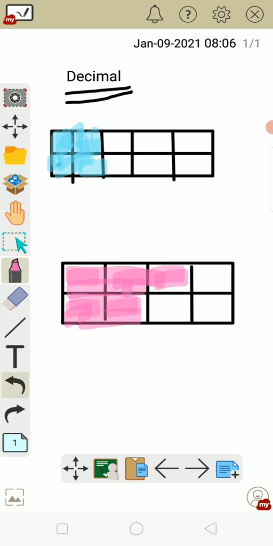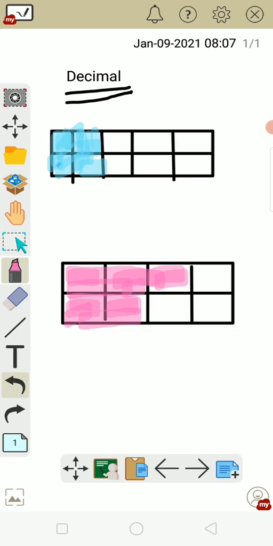It's a decimal. Okay. So last class we talked about fractions. You know what fractions are, students? Okay. Today I'm introducing a new interesting fraction. So look at the diagram.